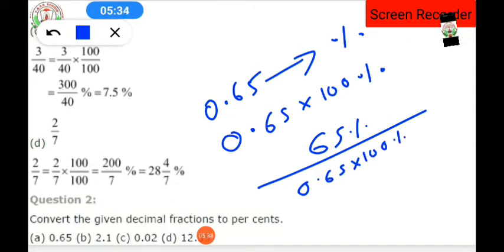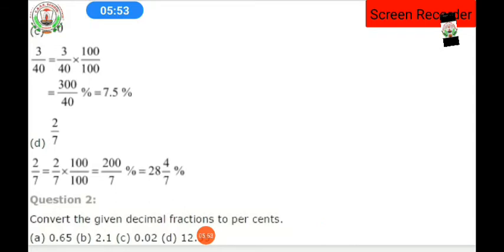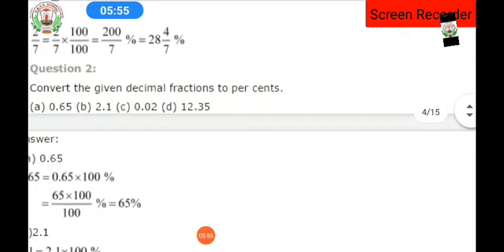Okay, so in order to remove the decimal 0.65, when the decimal is removed, after the decimal how many numbers are there? 2. So 100 will come in the denominator. So that will get cancelled from the 100%. So what is the number left out? 65. So calculating either the first method or the second method, both are correct. The calculation part is only different. So depends on you. Clear?